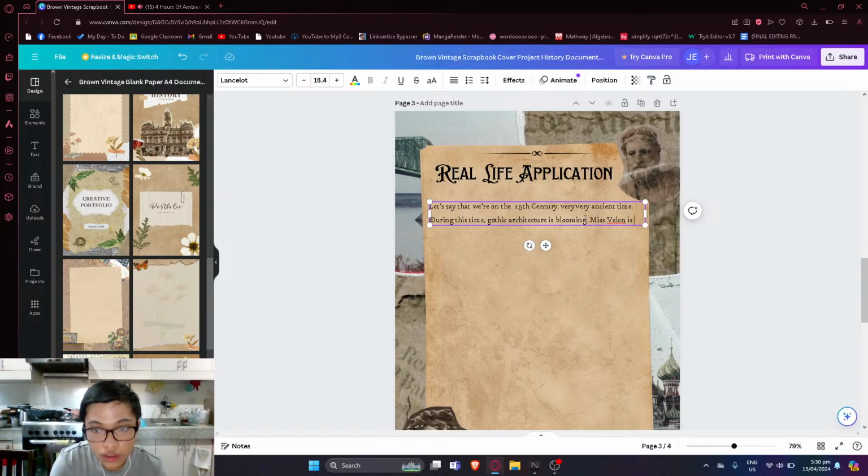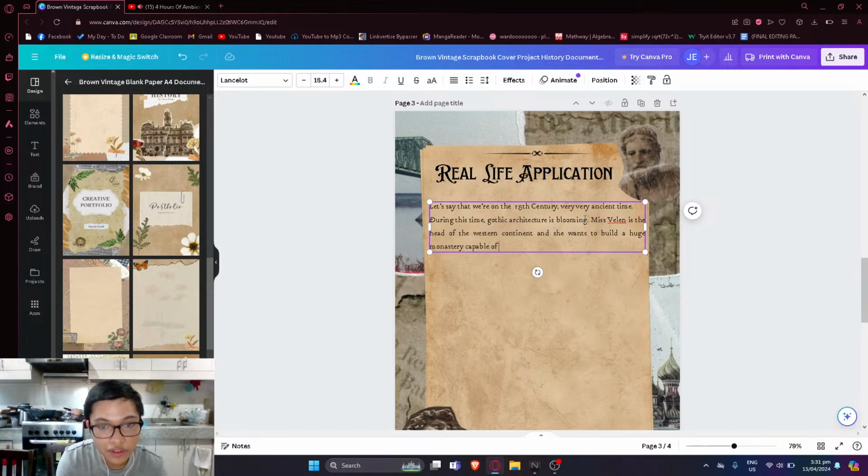Miss Velen is, let's call her, the head of the Western continent, and she wants to build a monastery, a huge monastery